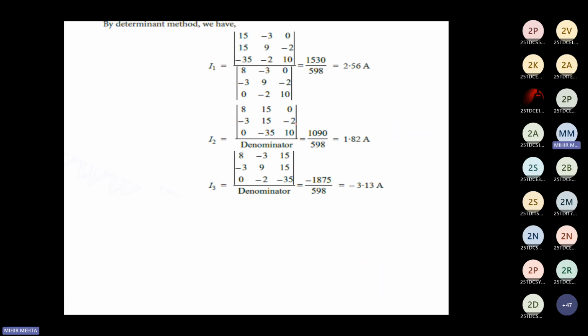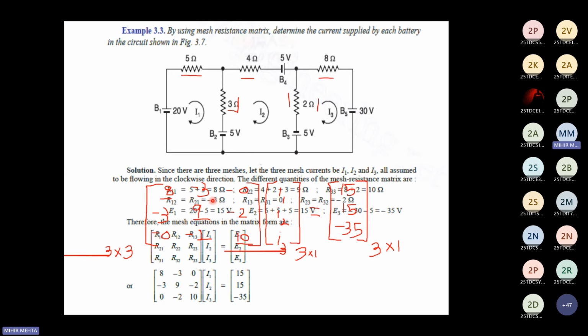Now again, you need to form your determinants D1, D2, D3, and D4. So your D1 by D would give you your I1. Similarly, your D2 by D will give you your I2, and D3 by D will give you your I3. Now, talking about the question, if you read the question carefully, it says that